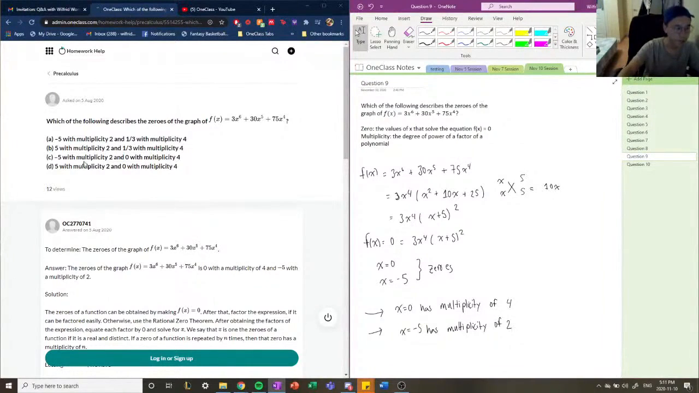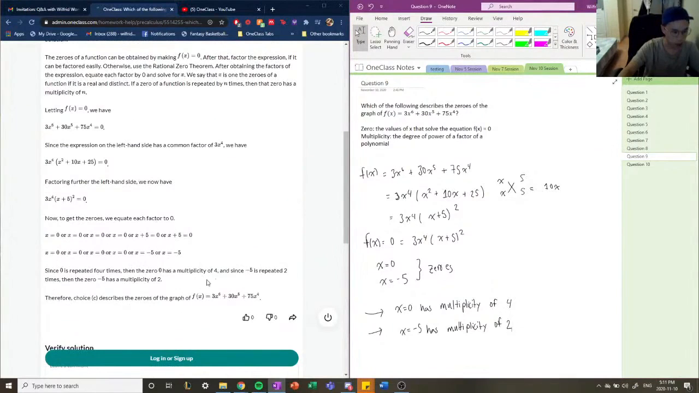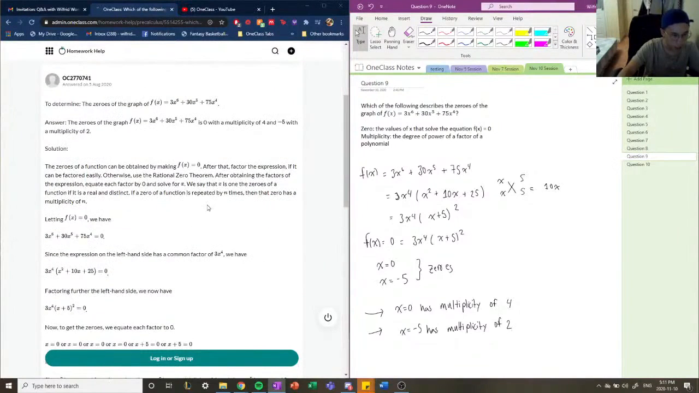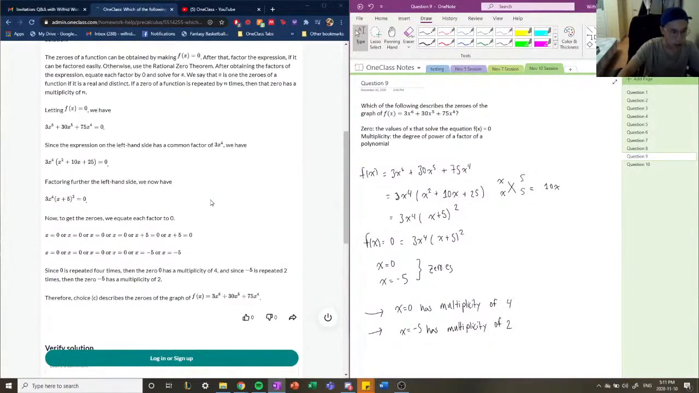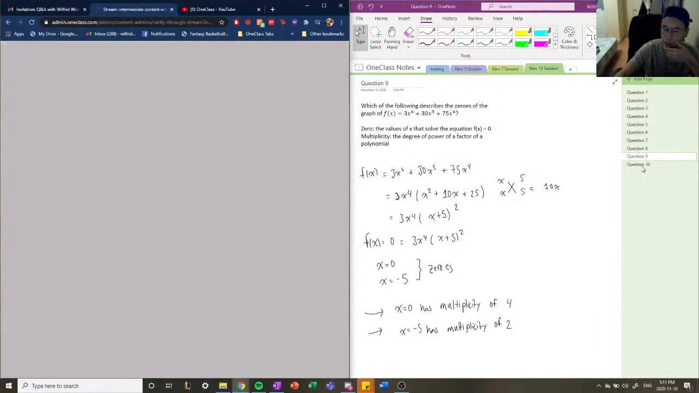Alright, so that's our solution here. So we're going to pick C. Alright, so the junior tutor has a very detailed solution. They describe what a zero is. They describe what multiplicity is too. And they also have this correct solution, which is choice C. So this is a good solution. Nice score. Cool. Alright, finally, let's move on to our last question of the